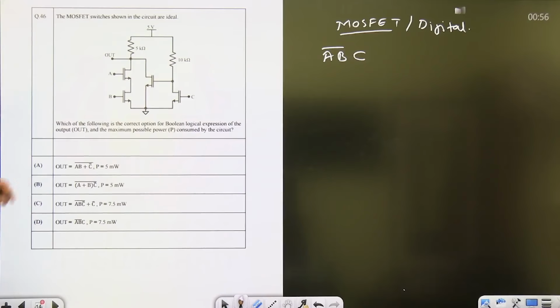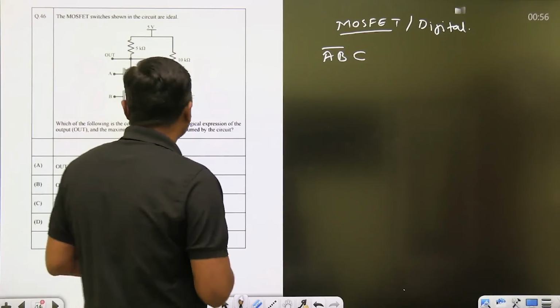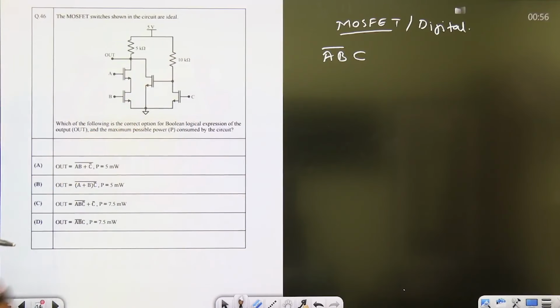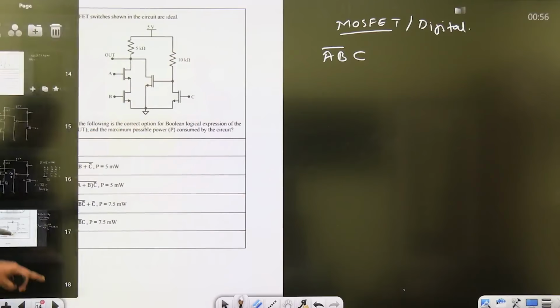Okay, so I will check. This is the 46, it is given MCQ, guys. It is a 2 marks, negative marking. Okay, now how we can calculate the maximum power and the maximum power possible? Maximum power possible when,